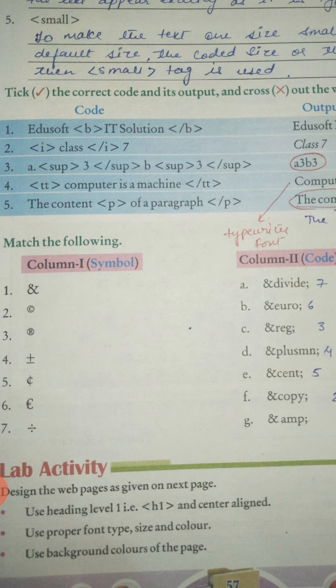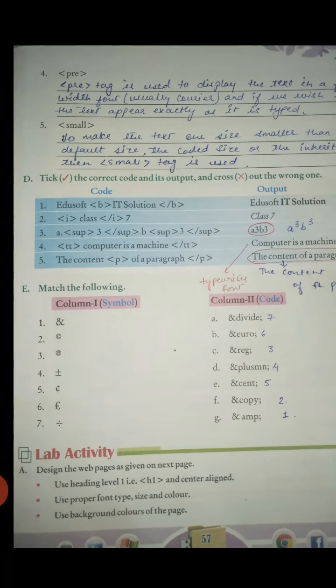Next is plus minus. The correct answer will be ampersand PLUSMN semicolon. Next is cent. The correct code will be ampersand CENT semicolon. Next is euro, ampersand EURO semicolon. Divide, ampersand DIVIDE semicolon.